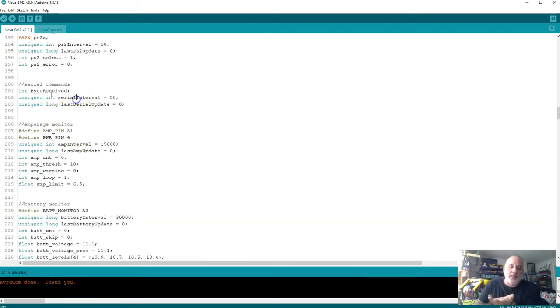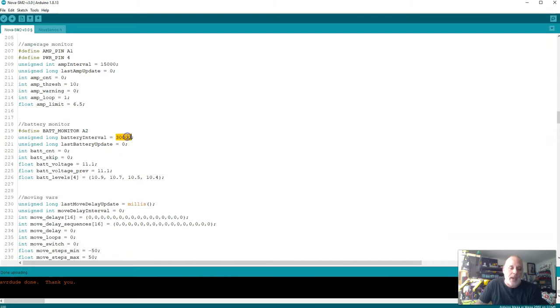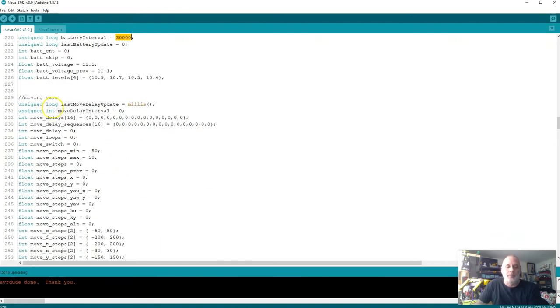And some of them aren't necessarily hardware. Like the serial commands is just a script that I run so that I can type commands into the keyboard. It has nothing to do with hardware or sensors, but I still have its own state machine. The amperage monitor, so you can see here, it's running a whole lot slower than everything else because I don't need to check the amperage that often. Same with the battery monitor. Okay? So that being said,